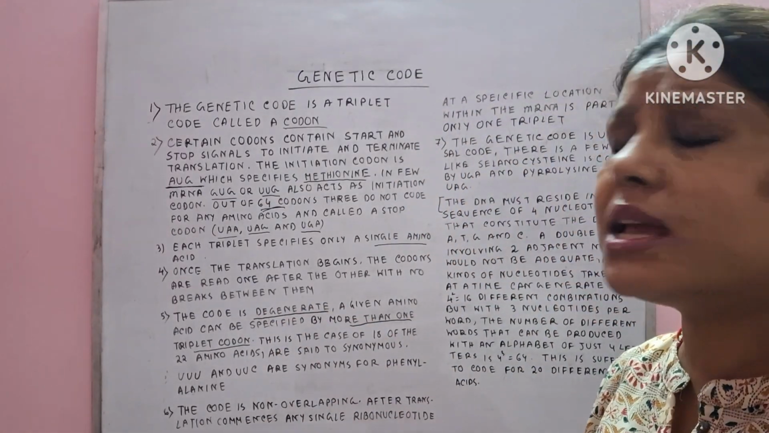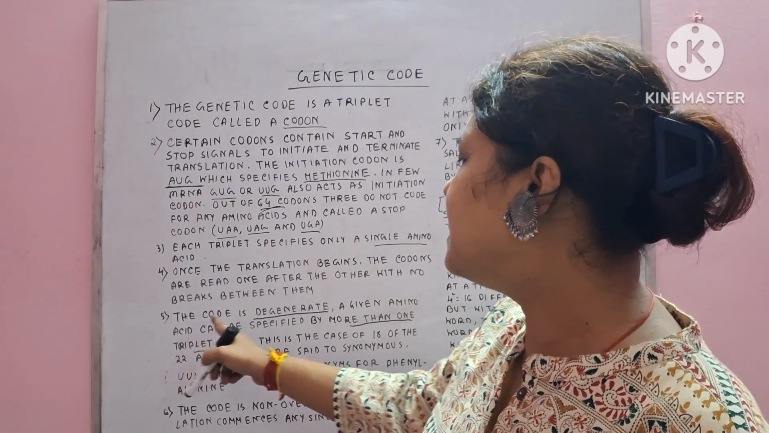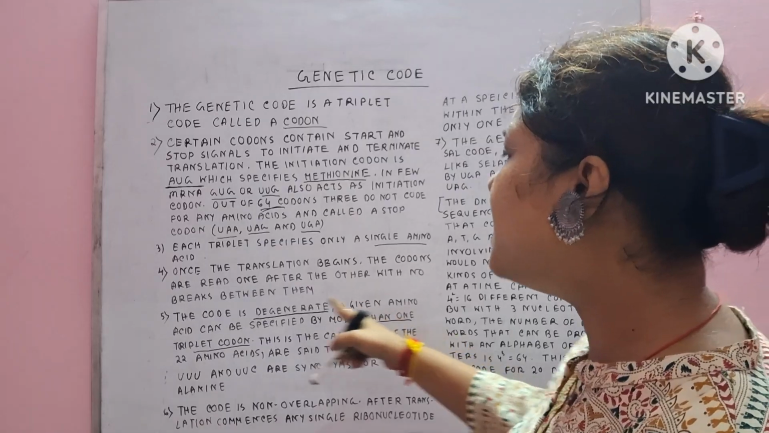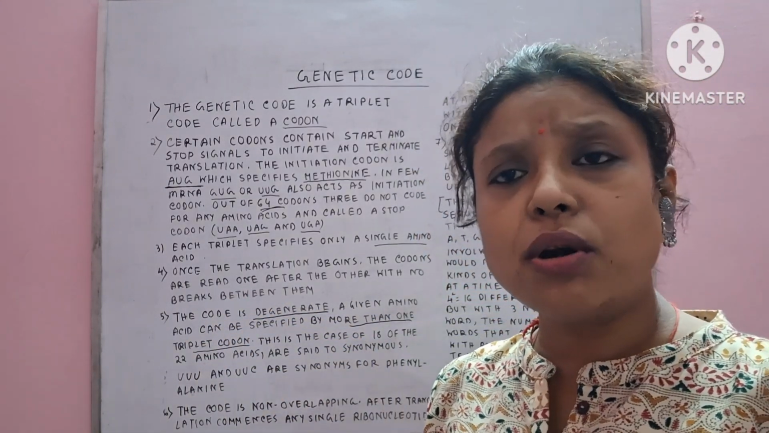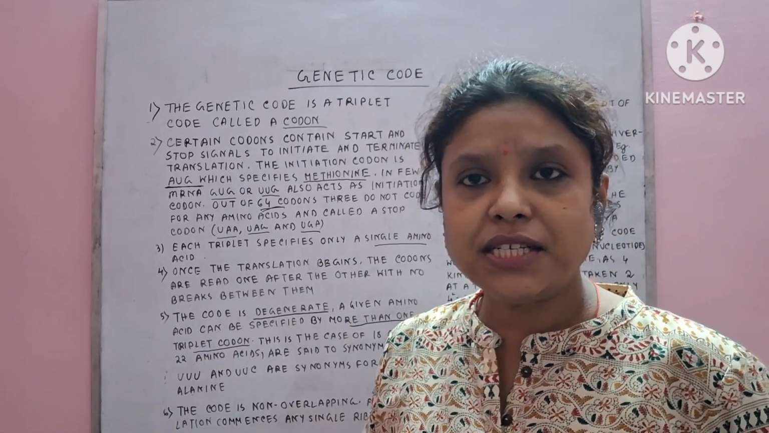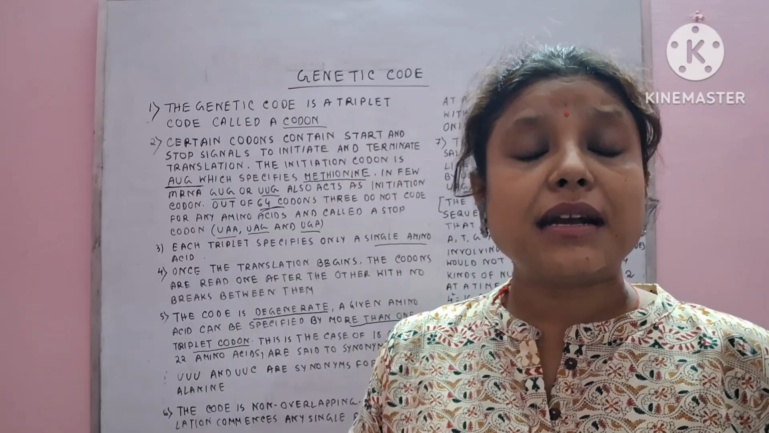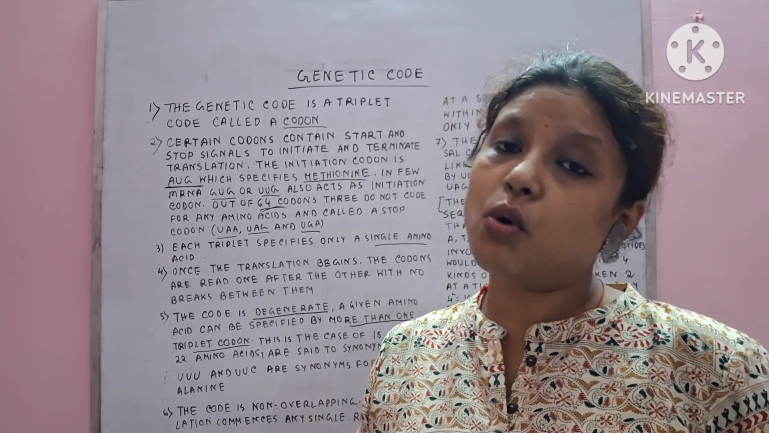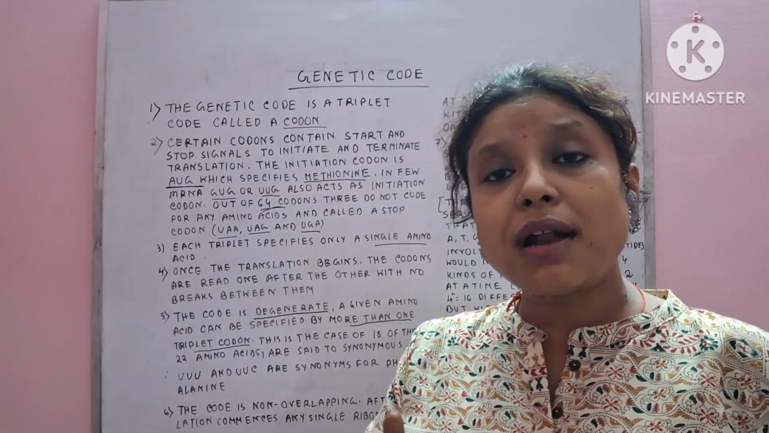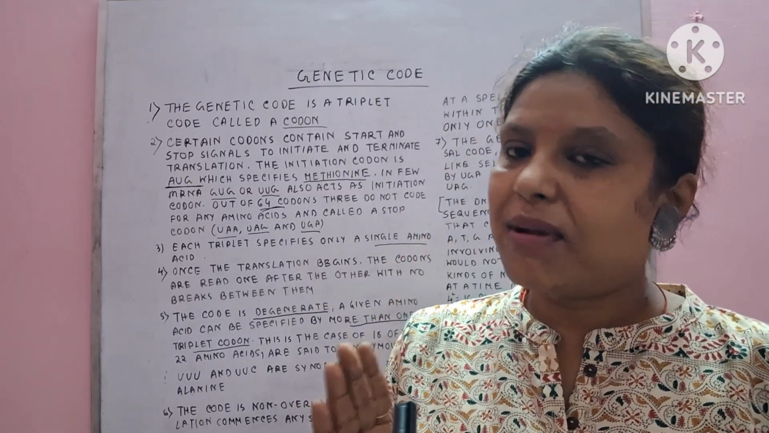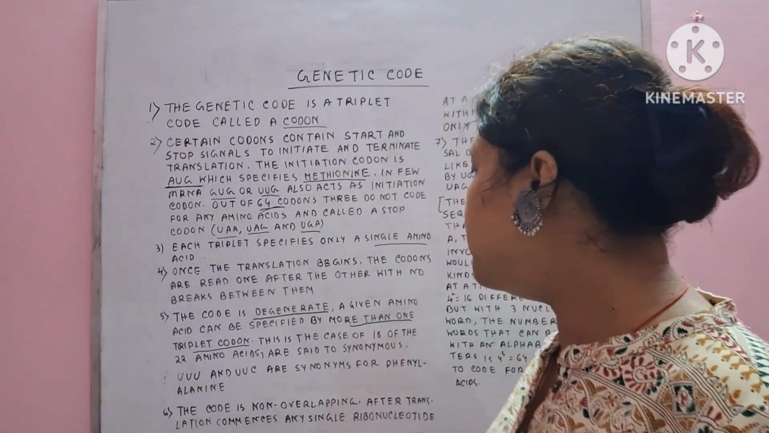What is the degeneracy of the codon? One amino acid can be specified by more than one triplet codon. That means more than one triplet codon can bind one single amino acid. Clear what I am saying? Single means only a particular amino acid. Like that,